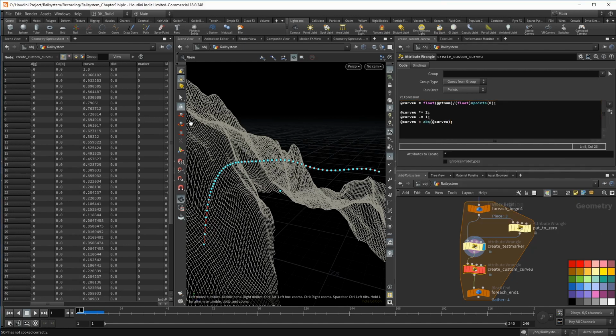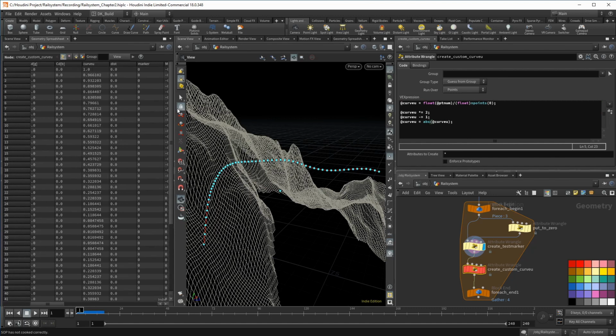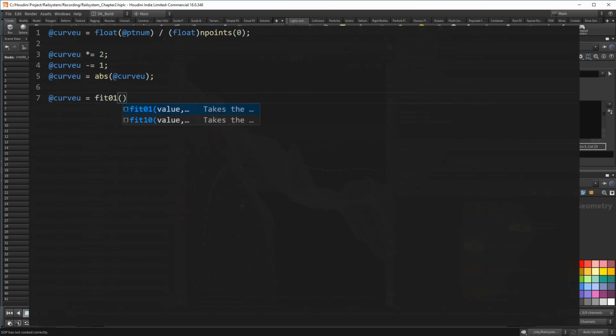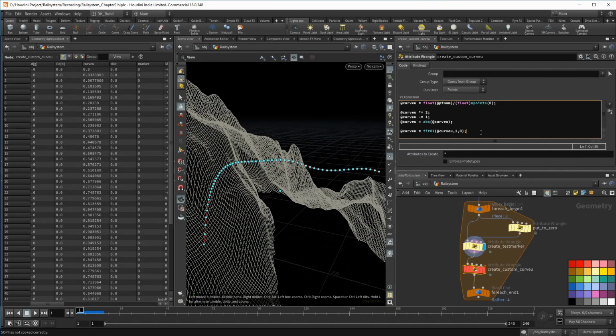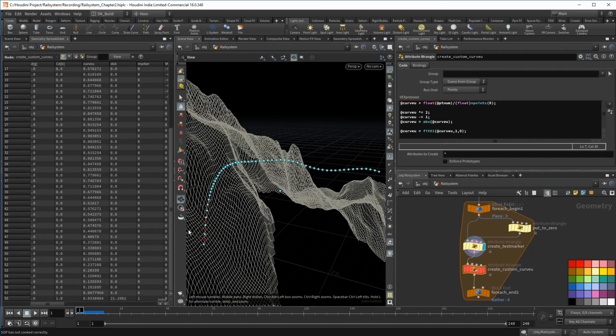I want a twist that slowly builds at the beginning and reaches the maximum in the middle, so I need to reverse the values. Now the curveView attribute begins at 0 and ends with 0. Well, not quite. The last point seems to not reach 0, and that's because I forgot to reduce the point amount by 1. Again, taking into account that the points start at 0. Now it fits into the range.